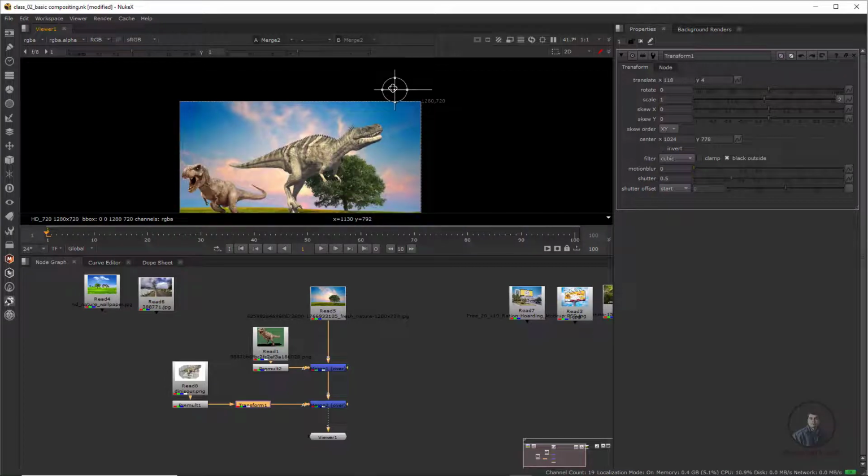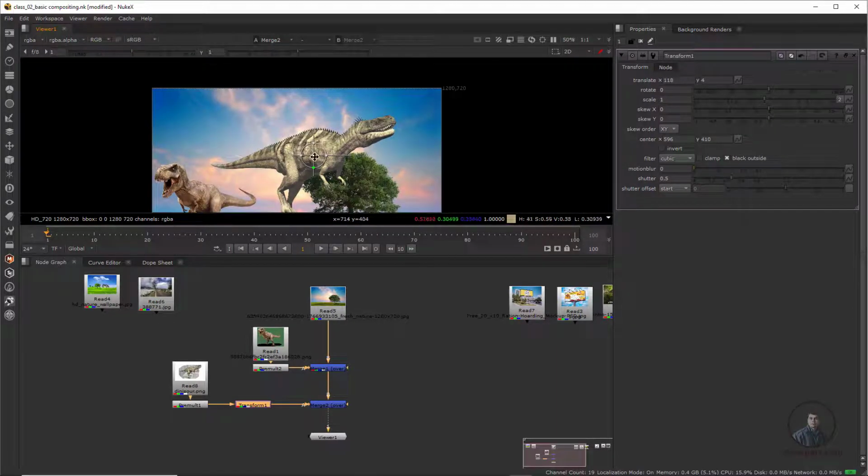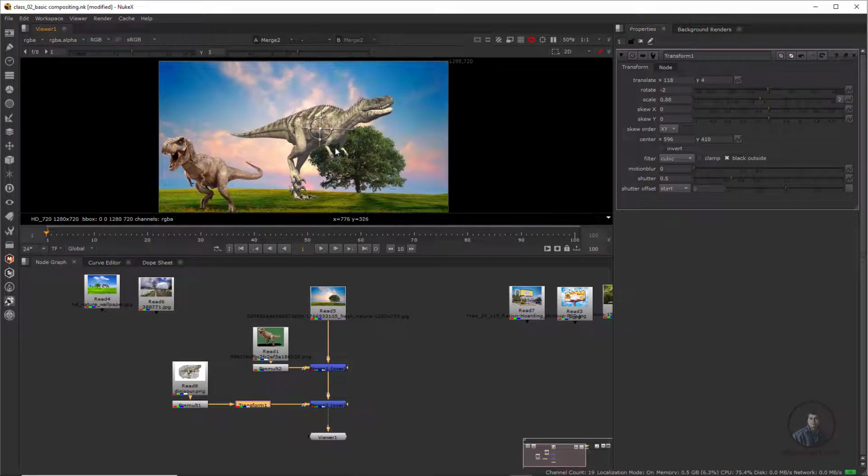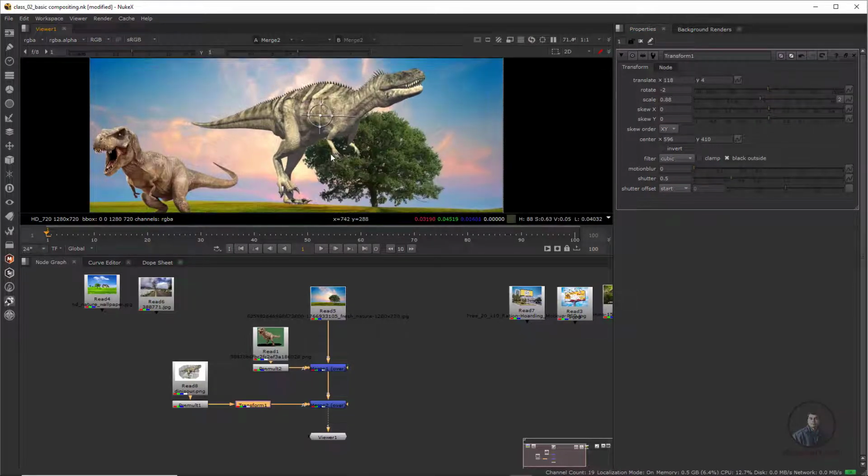Remember this one. Hold the Control button and just move this anchor point and place it here. With the help of the left mouse button, hold Control and use the left mouse button and place it here. Now if you rotate from this control, it will rotate around this anchor point or center point. Even from the right side parameter you can also rotate like this, and scale if you want you can adjust. On-screen scale you can also adjust. So just zoom in a little bit here.